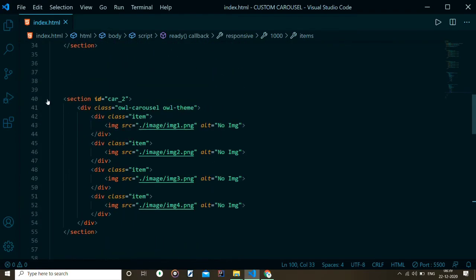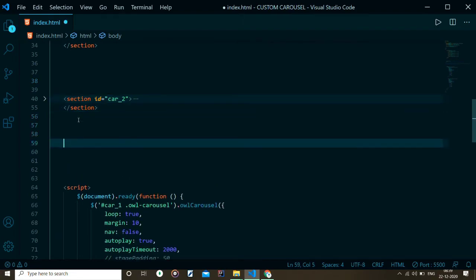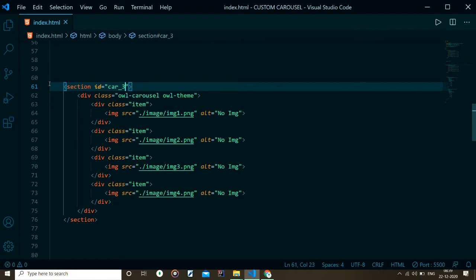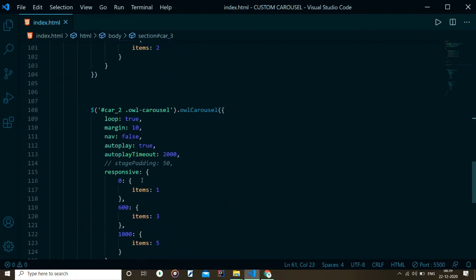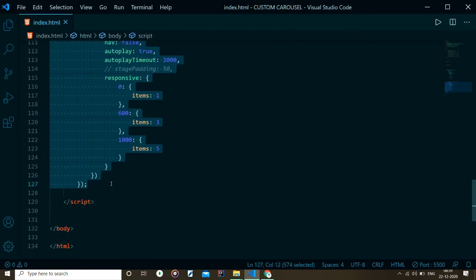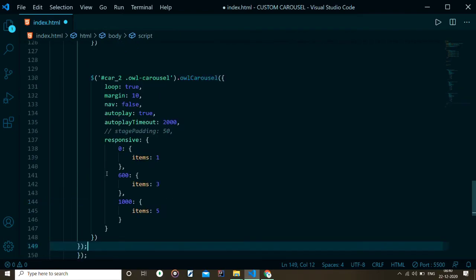For better understanding, let me make another carousel here. I will copy from here and paste, and I will make it car3. And here I will copy and paste.